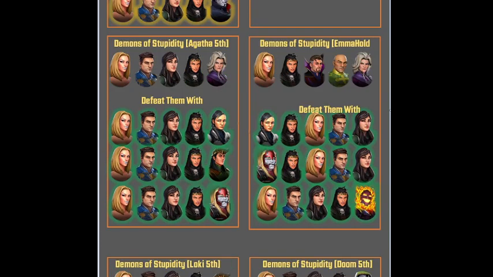Next, we have that team. If you use them on offense, you can put them on defense, though, but they are pretty easy to beat by simply bringing in either Kestrel, Omega Red, or you can even bring in Loki. If you're going to bring in Loki, you definitely want to put the T4s onto his